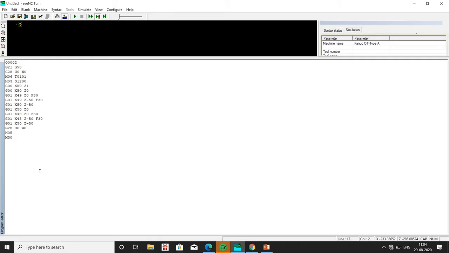I have the program written here, without using a standard cycle. The upper part is just syntax, and from here the program for the particular operation will start.